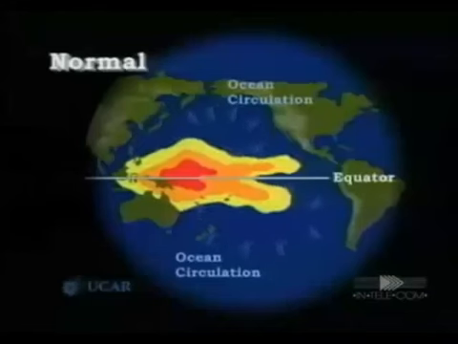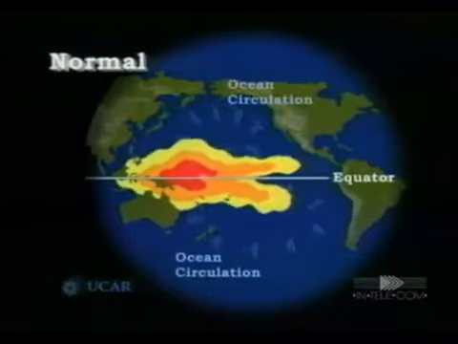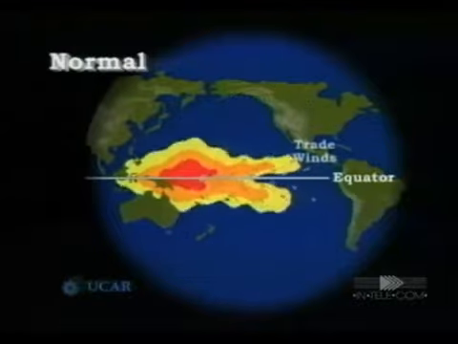El Nino is the appearance from time to time of warm water in the central and eastern Pacific Ocean. Normally there's a pool of warm water in the western Pacific, and that's because of the way the earth turns and the winds blow. Water piles up in the western part of the basin. The sea level along Indonesia and the Philippines is higher by 50, 60 centimeters than it is off the coast